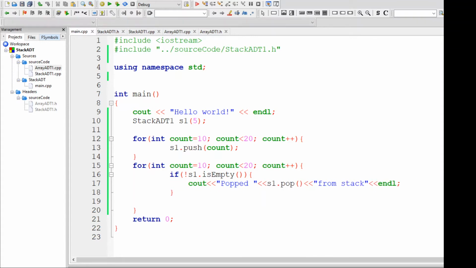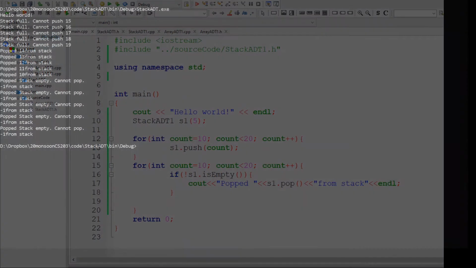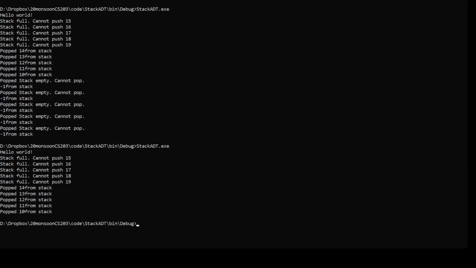Okay. And now let's compile this and then run this. Go to command prompt and run this, and now you can see the difference as compared to the previous case. Now I'm able to push 5 values, and 5 values I am not able to push, 15 to 19, and then I'm popping only when the stack is not empty.